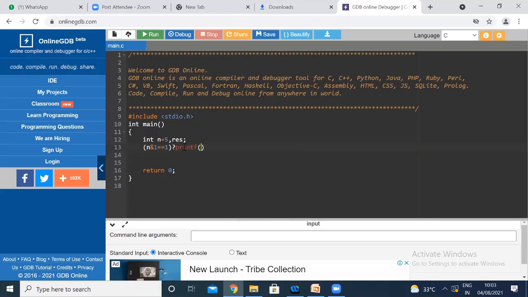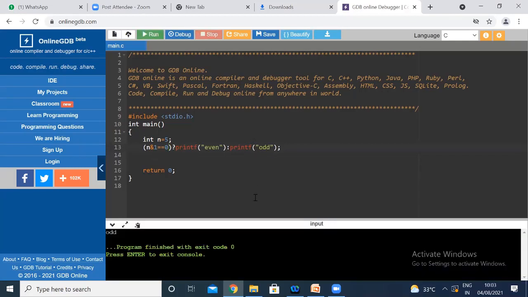Printf even. If condition fails, I have to print odd. So 5 is an odd number, no?